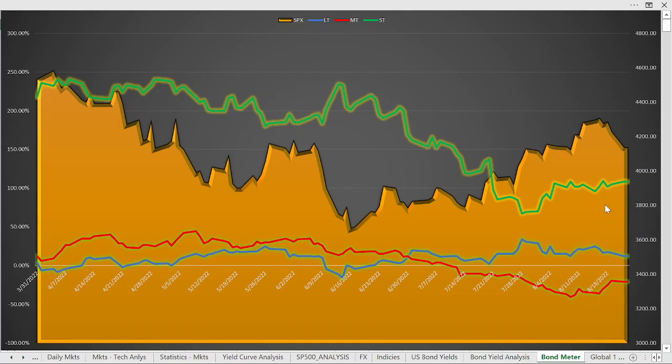And then the green line represents the short-term bonds, which is 2-year and any maturities less than that: 1 year, 6 months, etc. Interesting, though. Notice how over the past, let's say, 5 months or so, as equity markets have moved very much to the downside, the long-term and medium-term bond maturities, the spreads between those bonds have very much contracted,